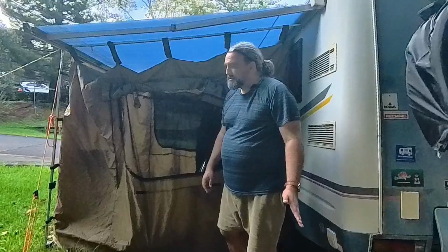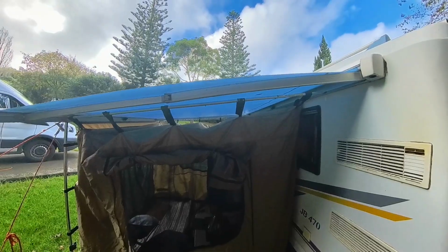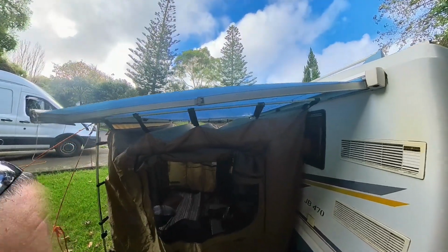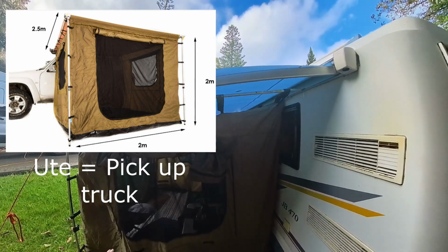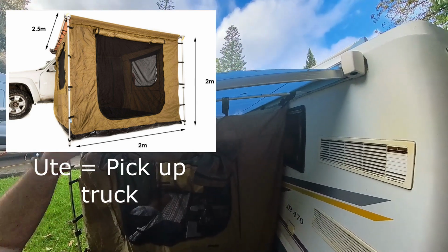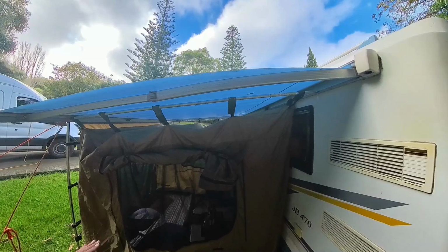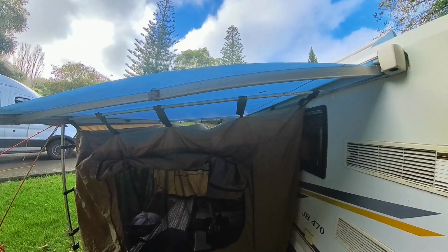Now there were compromises. So my awning is shorter than the awning tent. So we have these peaks and troughs. In addition, their awning tent goes on to vehicles like utes, and the awning is fitted lower down. So when I tried to fit it to my awning, it wouldn't fit to these rails and it was too long. So my solution,